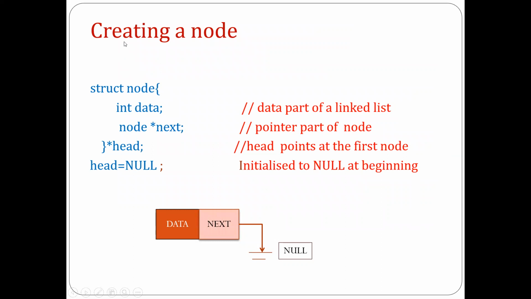Now, whenever we want to create a linked list, first we have to create a node, because linked list is nothing but a collection of nodes. So one by one node we have to create, and that node we have to attach in the linked list. So here we'll see how to create a node in the linked list. We know that the node structure for the single linked list is going to contain two fields: one is the data field and one is the address field.